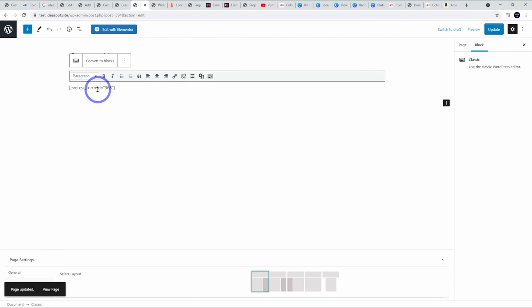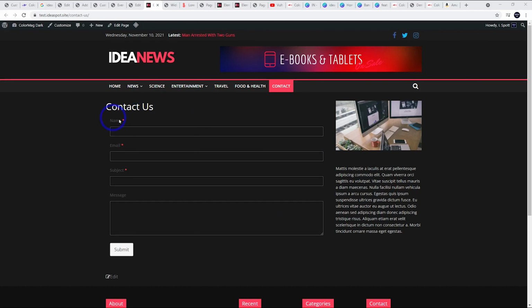And you can link to other kinds of forms. You can use WP Forms or Gravity Forms or whatever forms you want. Just put the code to the form in there. I'll show you how this works in just a second actually. But now you can see I've removed that instruction text and we just need to have a look at how